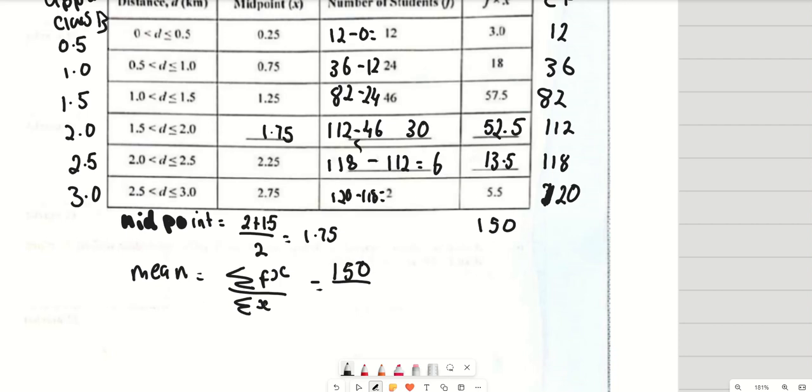So that is 0.25 plus 0.75 plus 1.25 plus 1.75 plus 2.25 plus 2.75. When you add all of this up,